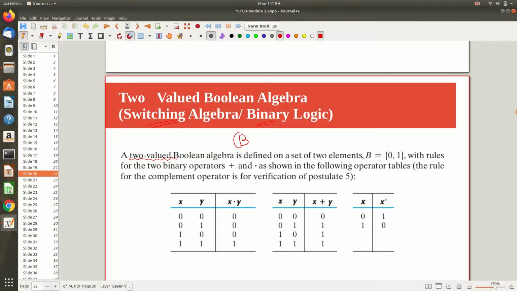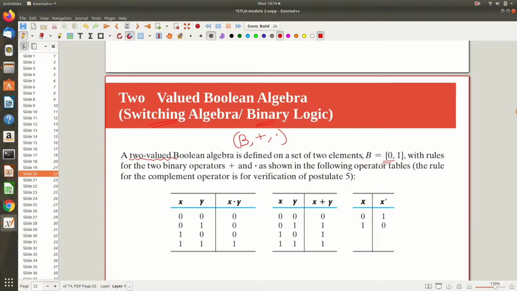And hope you remember the sixth postulate. What was it? There should be at least two elements. That kind of restriction is there. Then we have two operations, plus and dot, and we don't know what this plus and dot are. In Boolean algebra it is defined in a general way, but here we have a meaning for all the three. So when it comes to switching algebra, this B is specifically taken as a set containing two elements,